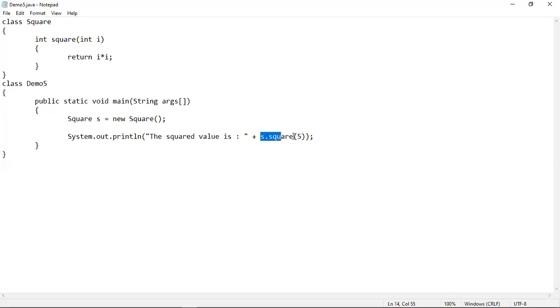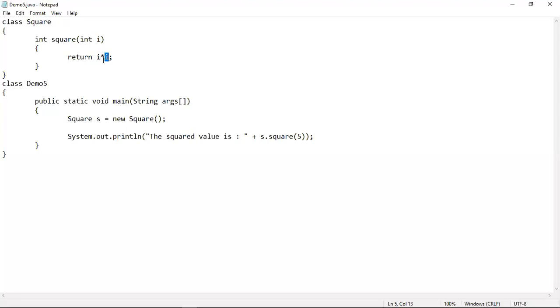Whenever this call to this method is made, the program control will be transferred to this square method at once, and whatever code is written inside its body will be executed. That means the code written inside its body will multiply the value of I, which is 5, with the value of I again, which is 5.